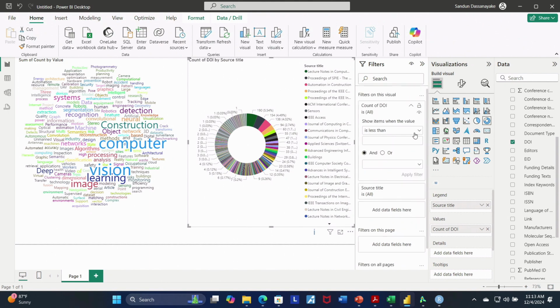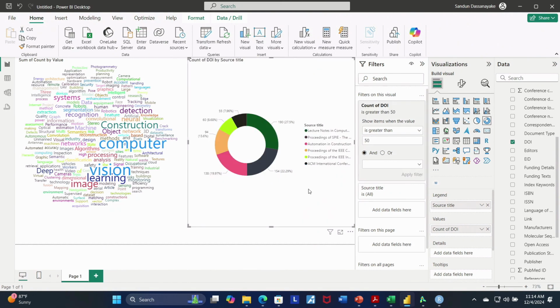Either you can just say is greater than, maybe 50. Right. So with that, I have created some representation about the most number of publications present in each of these